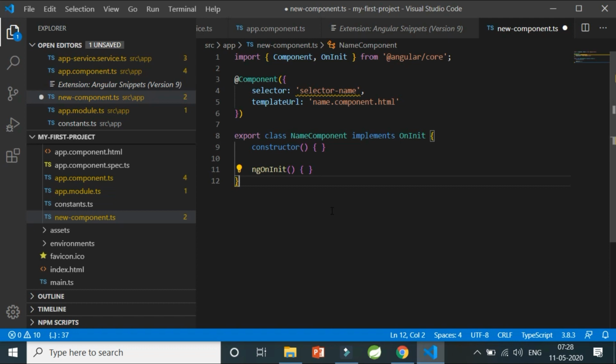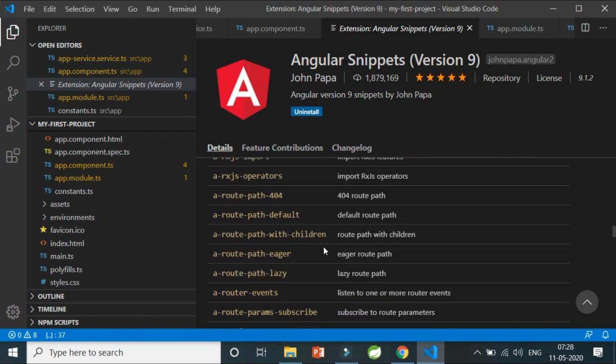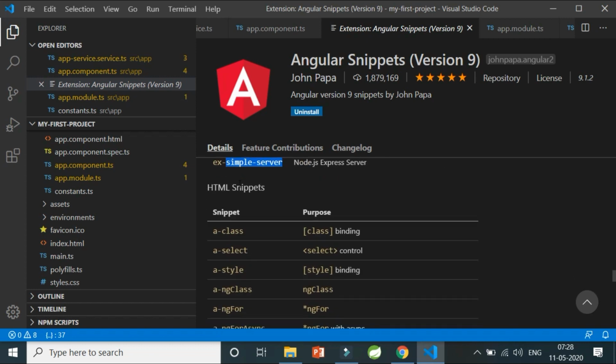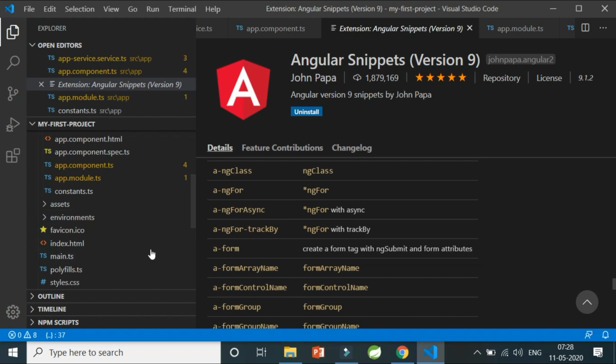It will actually help you write complete code with just starting it with 2 or 3 letters of it. Now you will initially find it difficult because there are so many shortcuts here. So I'll suggest you keep it open, and whenever you try to put something, you just search what options you have here. For example, in snippets you have HTML snippets, you have TypeScript snippets. You use these snippets and then slowly and steadily you will get used to it. So this is a very important extension. Install it as soon as possible, because this is the way you do your smart work rather than doing the hard work of remembering the syntaxes, making mistakes in these sentences, and then crying after it. So this is the way to do it.